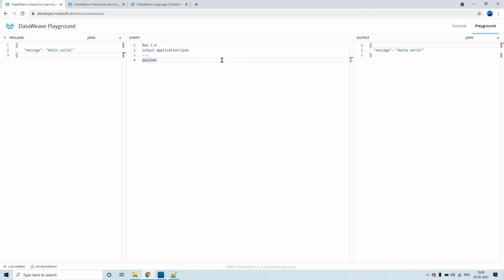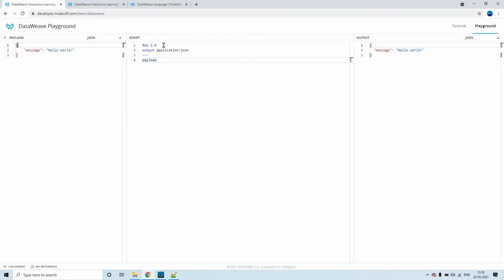Let us first play with this DataWeave playground. This is the payload, whatever I have selected here. It is a very simple payload, and you can see the format here as JSON in this drop down. We have a few other formats as well, like CSV, XML, DWL, XLSX, TXT, multipart, etc. But mostly in Mule, we'll be dealing with JSON, CSV, XML, TXT, or Java, something like that.